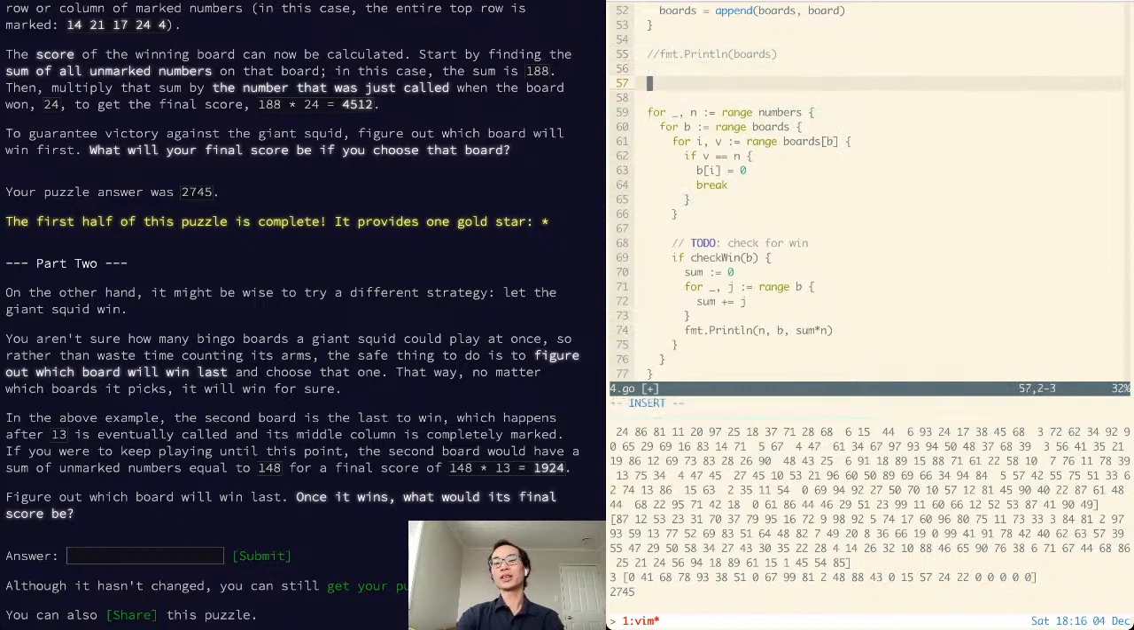What we do is we track how many boards we have. Board win, yeah, this makes a lot more sense. We're going to make an array of bools, which is as long as the number of boards we have. And they're all going to start off as false. If check win B, we don't have, every B needs to be boards B. If check win boards B,